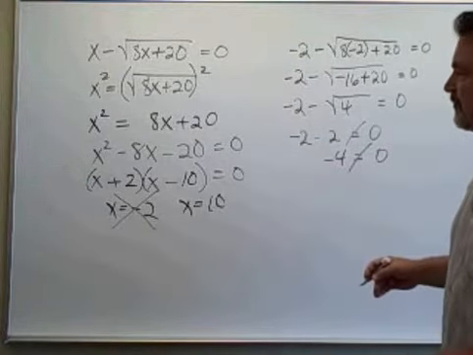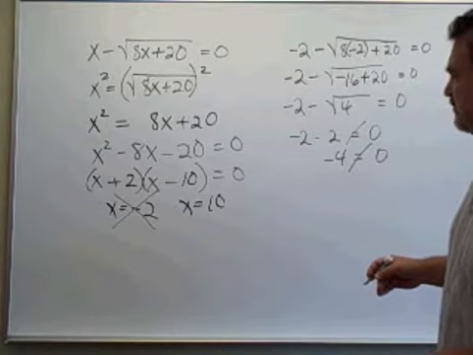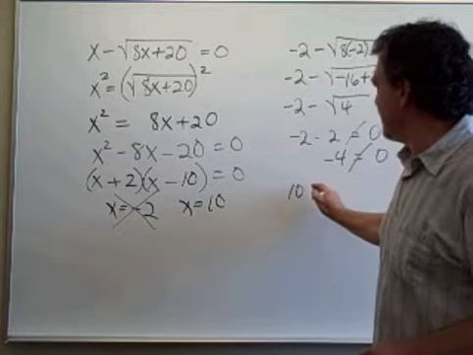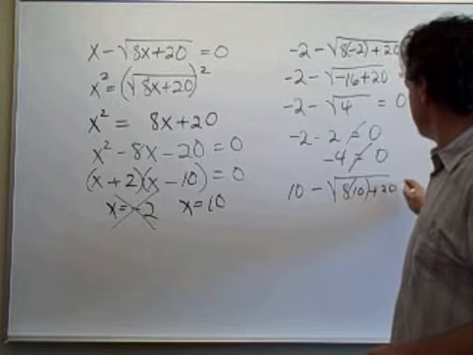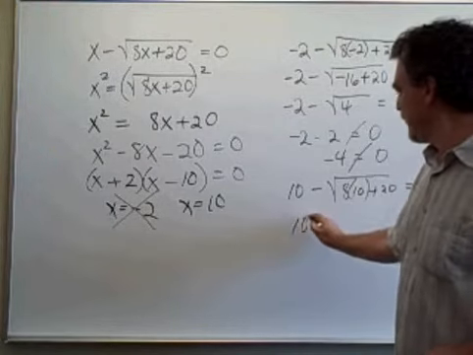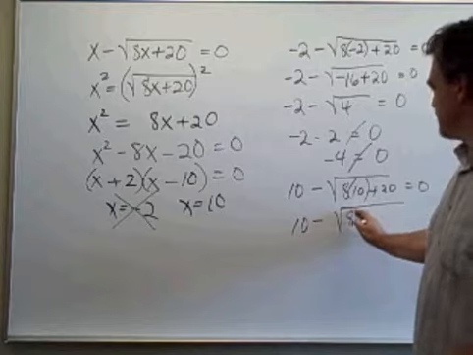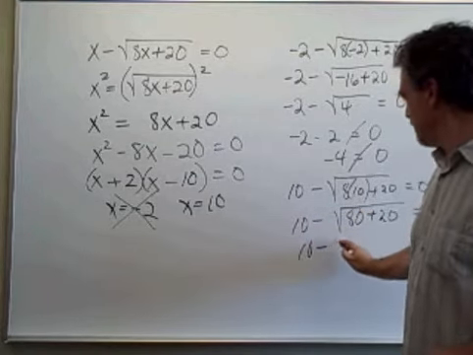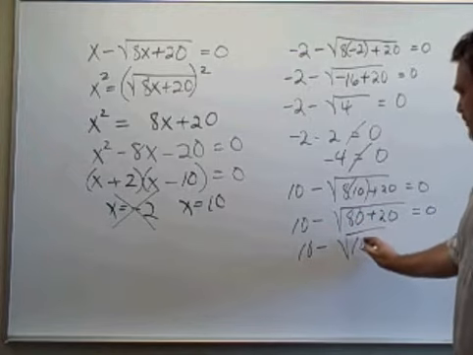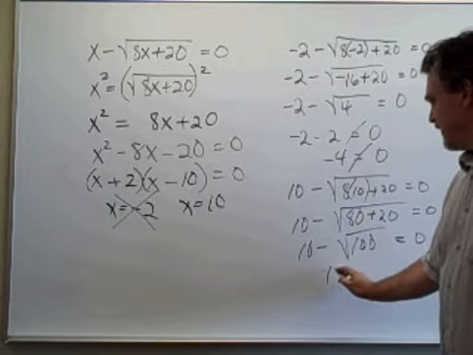Let's see what happens if we put 10 in for x. We'll have 10 minus the square root of 8 times 10 plus 20 equals 0. 8 times 10 is 80. 10 minus the square root of 80 plus 20 is 100. That's 10 minus